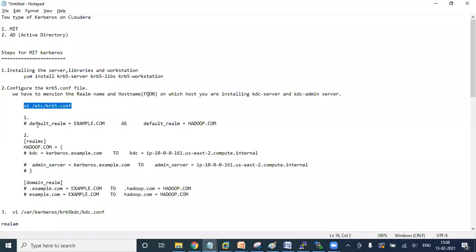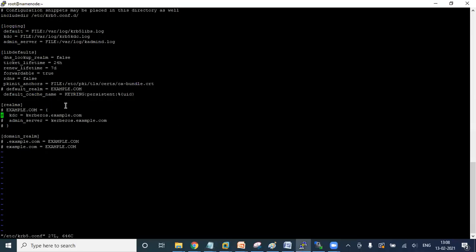Here, the default realm is set by default. So we define our realm as hadoop.com for the default realm.